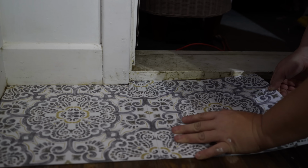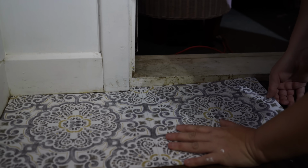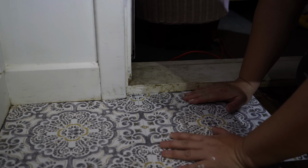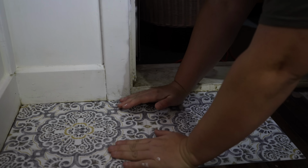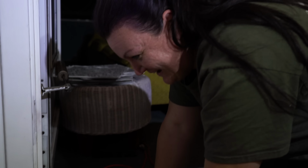She's stuck. Perfect pattern lineup. This is when being a perfectionist is a good thing. Yeah, and I know you enjoy this way too much. Lining up the lines perfectly. Wow. Satisfaction. Oh, good job, hon. That looks...